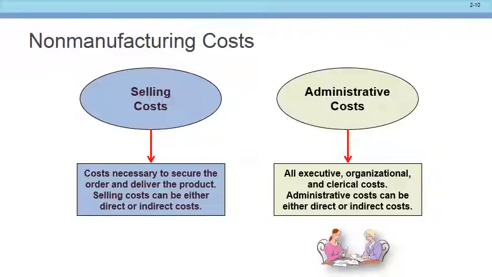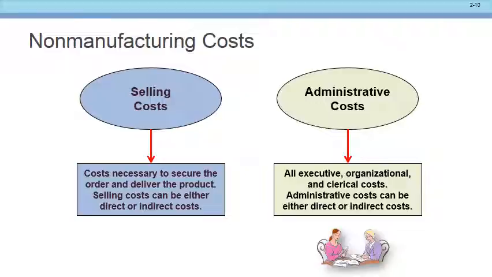For example, we have to pay our CEOs, our executives, whatever, right? I don't know what they do all day, but we have to pay them, right? Okay, so they need to be paid, and so we go ahead and have that as a non-manufacturing cost. Selling cost, we're going to take out some advertising, right? And so what are we going to do? When we take out advertising, we're going to go ahead and treat that as a non-manufacturing cost.